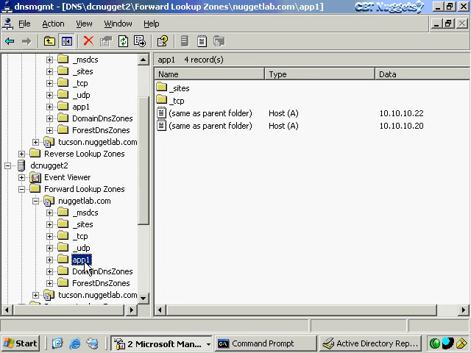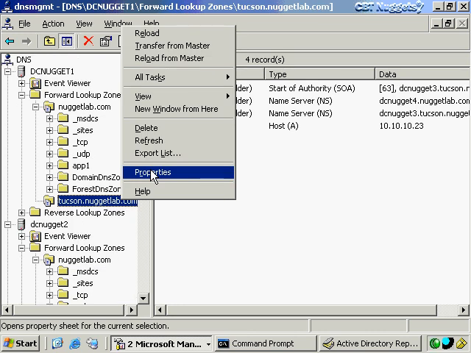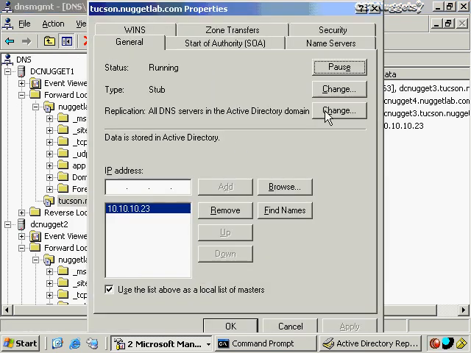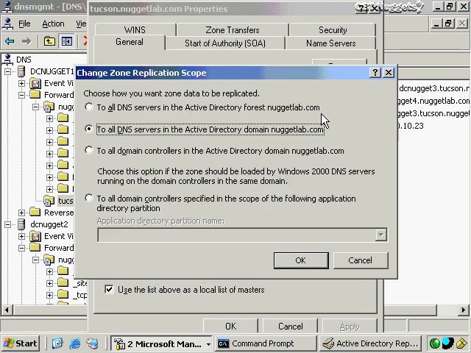Now let me also point out that once we've created these custom application directory partitions, you can now go to any other property within Active Directory that is a zone that replicates, and I can specify that I want it to replicate to a different scope. So if I right-click on this, for example, choose its properties, then I can change its replication properties here. And now this bottom portion becomes available to me, and I can specify that I want that to replicate within